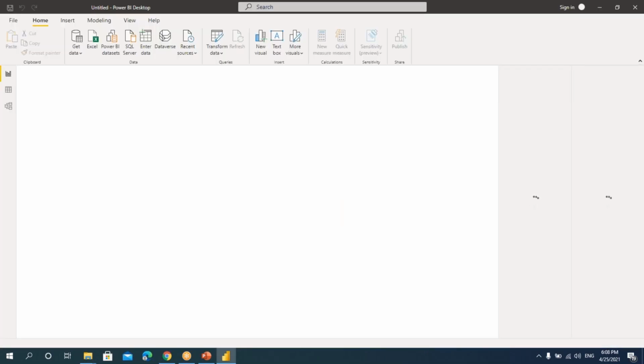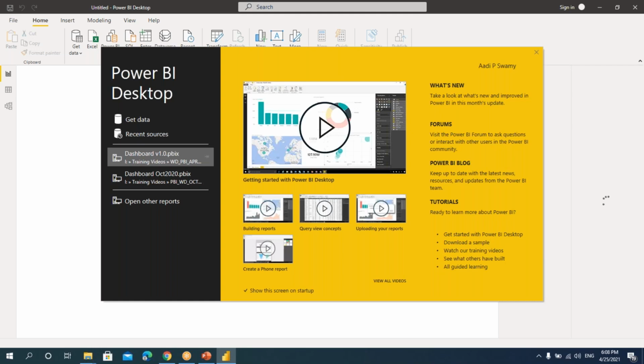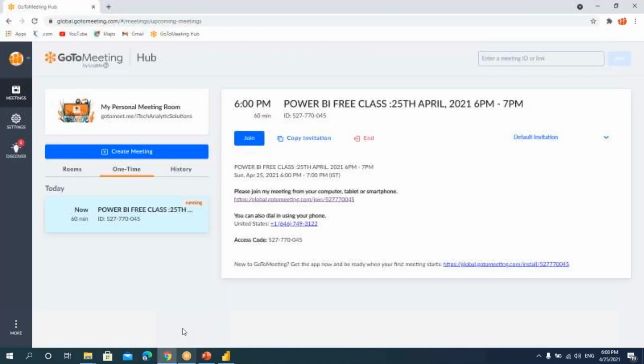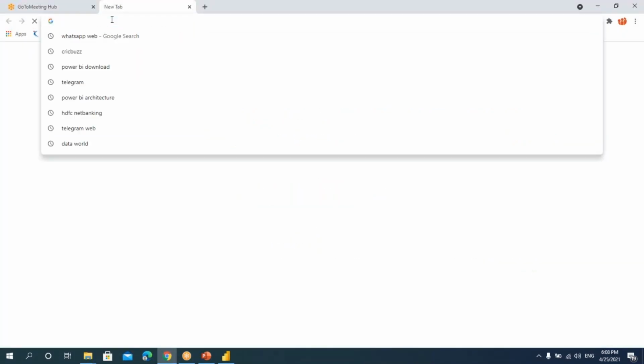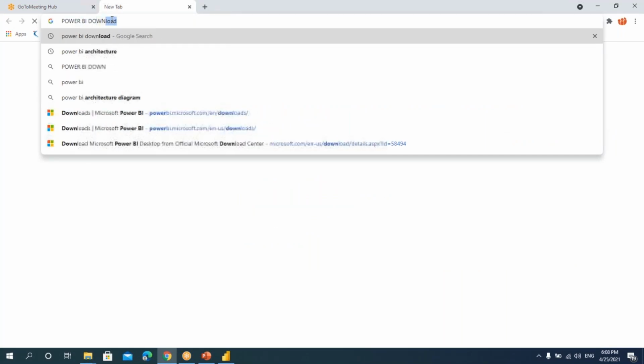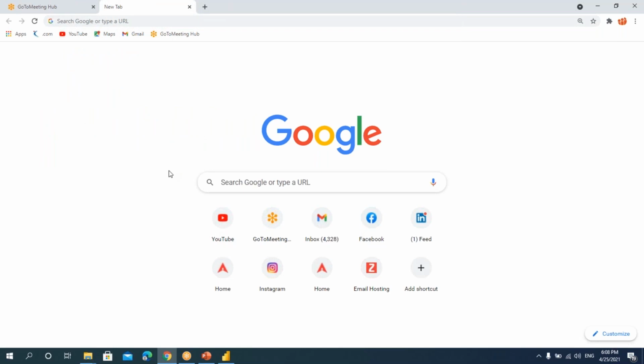But if you want to get the desktop version installed, you just have to go to the website. I'll say Power BI download. Just type Power BI download. We'll get that website.